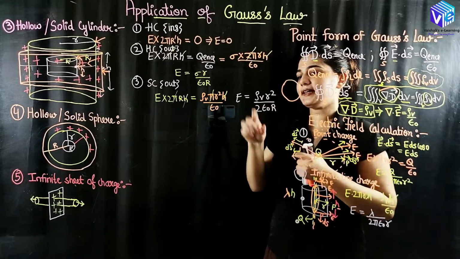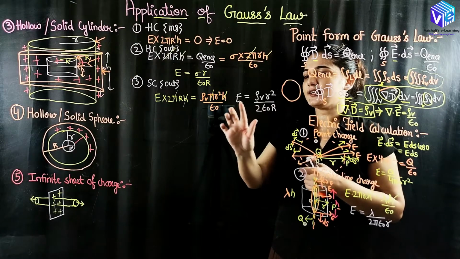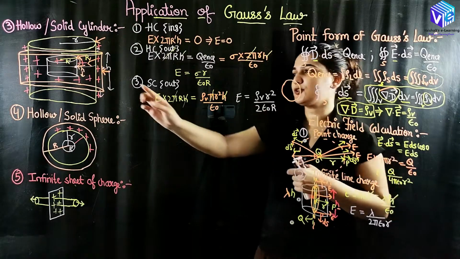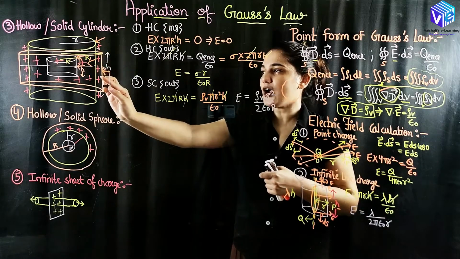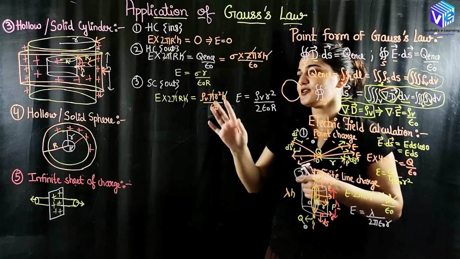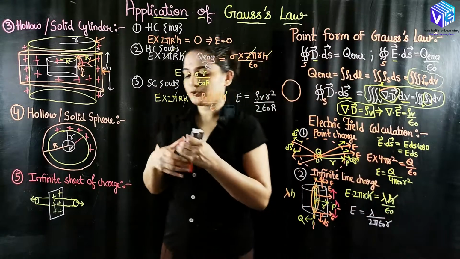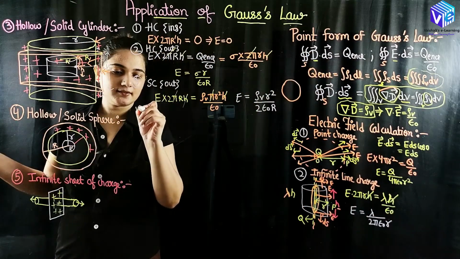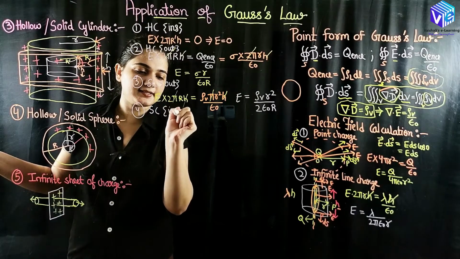So this is my electric field intensity. This is my given radius. So it is inversely proportional to the point. So capital R represents the point. If I move away from the point, the electric field will decrease. So here also it is inversely proportional to R. Now coming to the fourth case, I am taking the solid cylinder and I am taking the inside case.